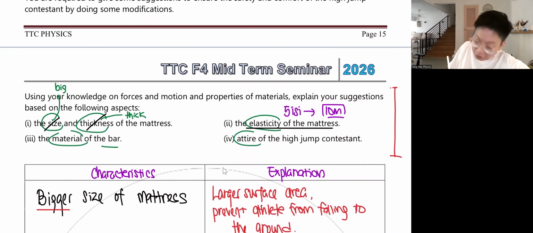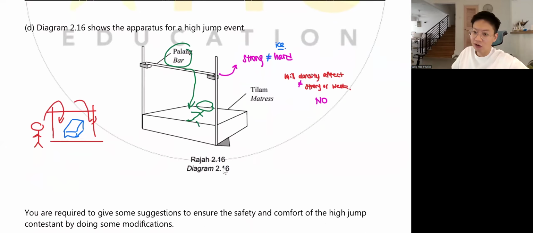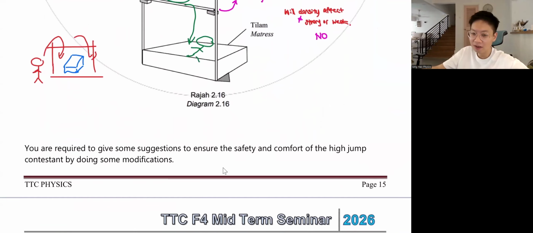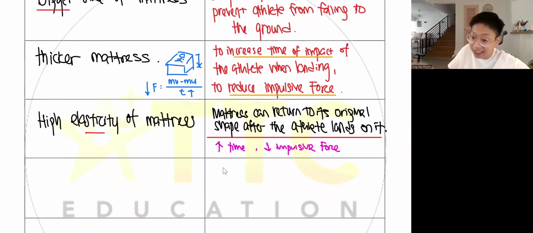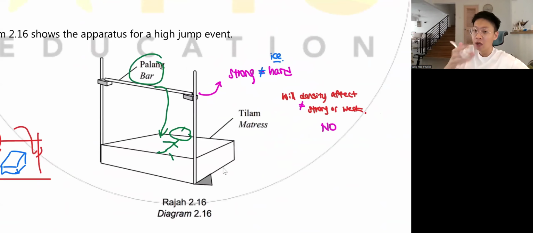So guys, what about the material of the bar? What am I afraid of the most? Can you imagine if you fall on the floor, then this palang drops and hits your head? What will happen to you? You will mati, right? Bang, then you faint. Therefore we want it to be lighter. If you jump across this and the bar hits your head, you will end up like one of my students called Liu Yan. You got a bit of brain damage, a bit lah. But I pity him actually.